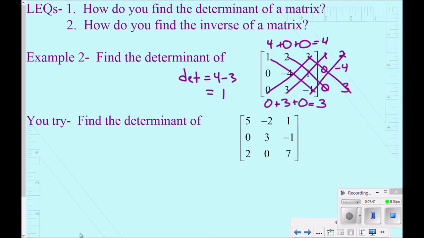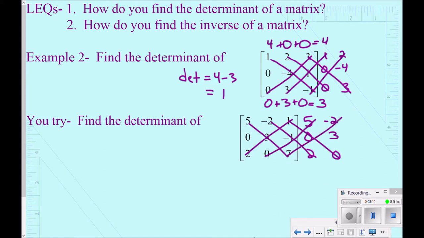So you try this one. Find the determinant of this matrix. Again, pause the video here, try it, and then check your work. Okay, so I'm going to give it a shot. So 5, 0, 2, negative 2, 3, 0. That gets copied. And then I'm going down the diagonals,